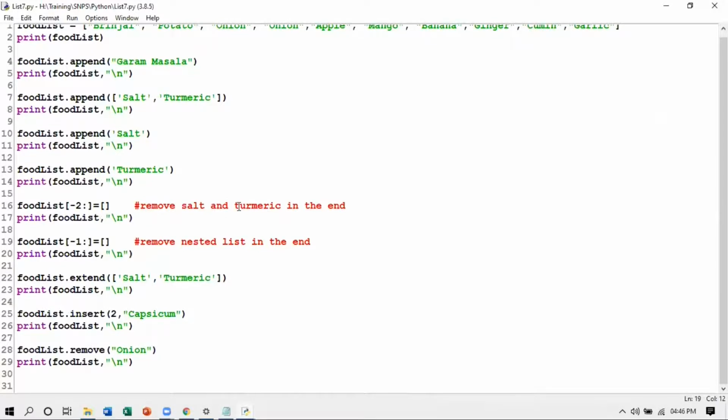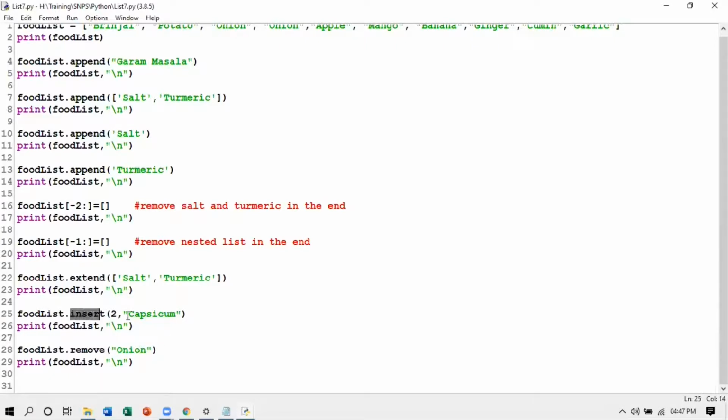The append function we have seen. The append function appends the values at the end, appending the nested list also at the end. The extend function is different. The extend function takes a list, but this list will not be appended. It will extend the values. These values will be added one by one as independent values in the list. That's the difference between extend and append. If append was there, it would take it as a single item and a nested list would be appended. But extend puts the values one by one.